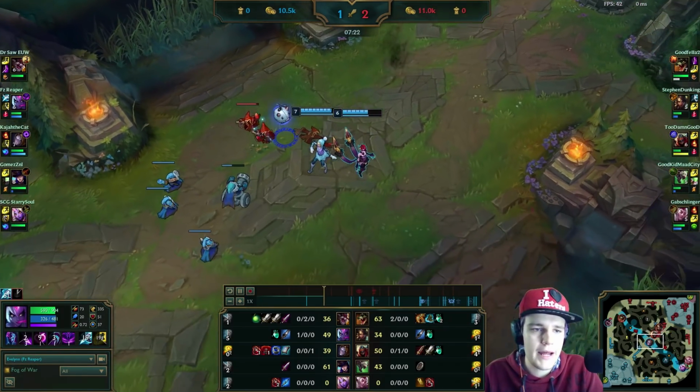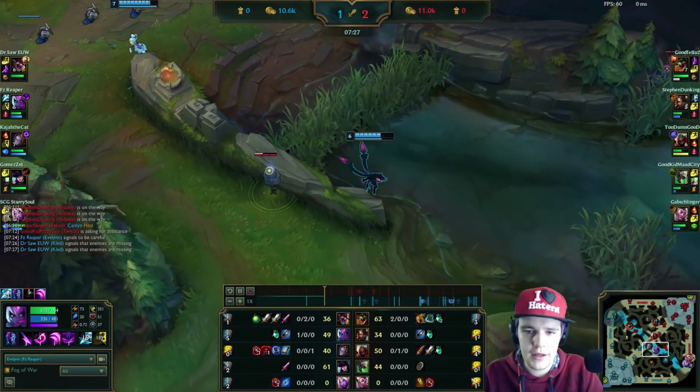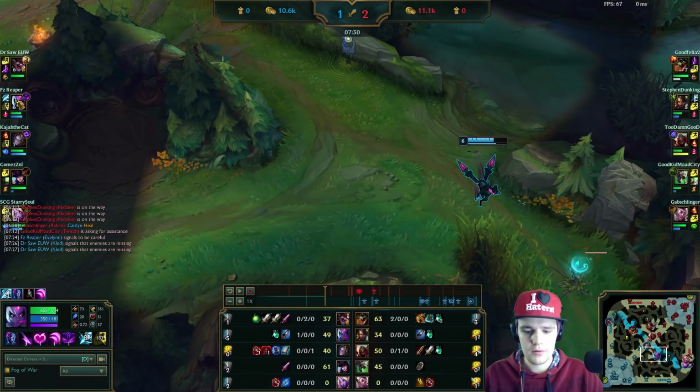If Orianna had landed anything, like a ball combo, for example, or maybe an ultimate, whatever she landed, I could have ulted the Zed there for the pretty much one shot. Because you have to remember on Evelynn, your ultimate, wait, I can just...